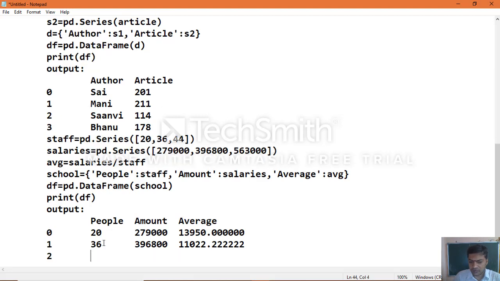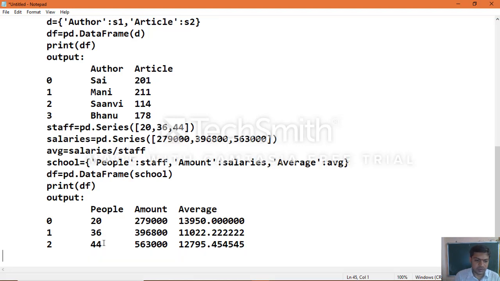Same way another one, label index, total staff, then total salary, average salary, 12,795.454545. So this is how the output will look once you execute this example.